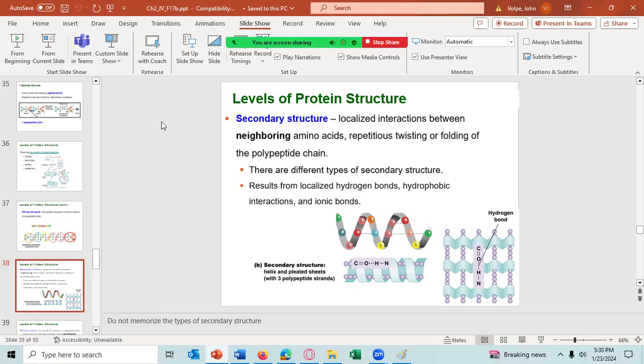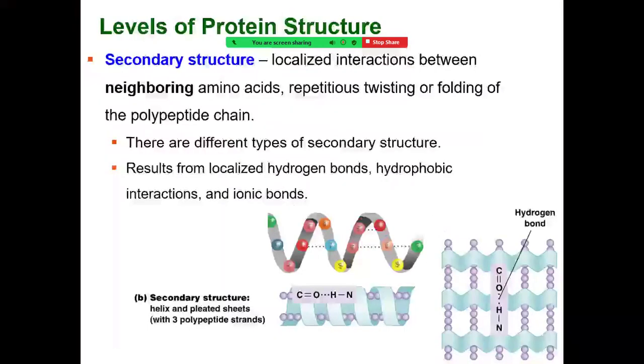Let me blow this up. So in the secondary structure, local amino acids can interact with each other. These two can be attracted to each other, and that could be from a polar molecule being attracted to a polar molecule, and they can form a hydrogen bond between them. However, these two